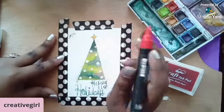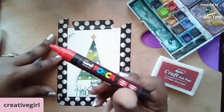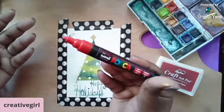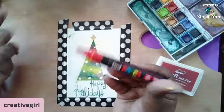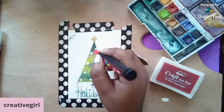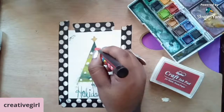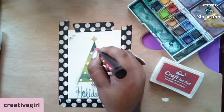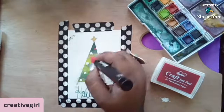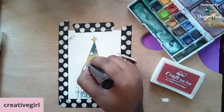So then I have a red Posca pen, same acrylic. This is basically acrylic in a paint pen. It's so pigmented, so pretty, so beautiful. That's why I put the white base underneath there. And every other one is going to be